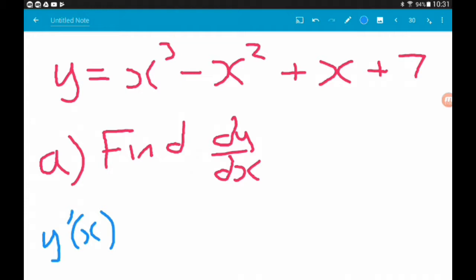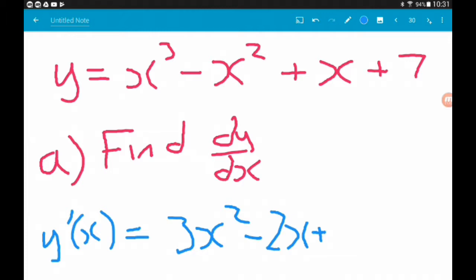So y dash of x is going to equal, well, to differentiate x cubed, the 3 comes down, and then the power goes down by 1, so we get 3x squared minus, for x squared, the 2 comes down, and the power goes down to 1, so we're just going to get minus 2x, and then to differentiate x,